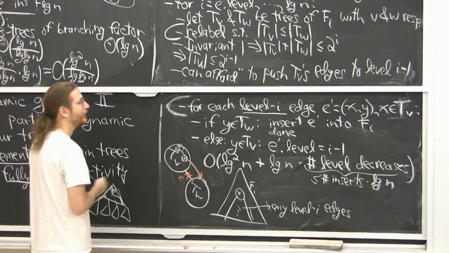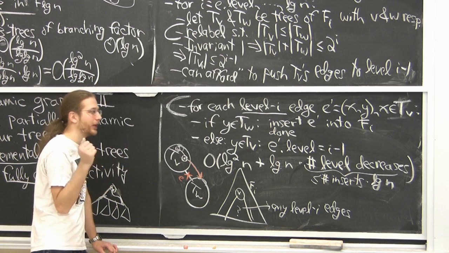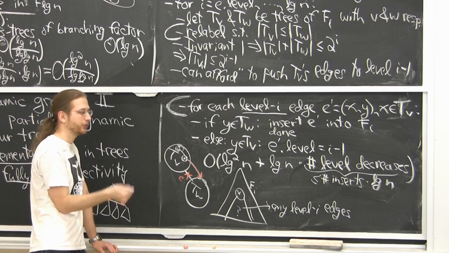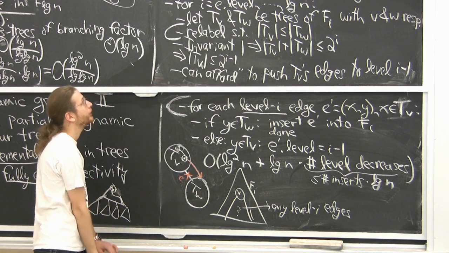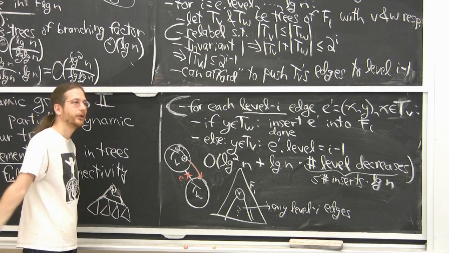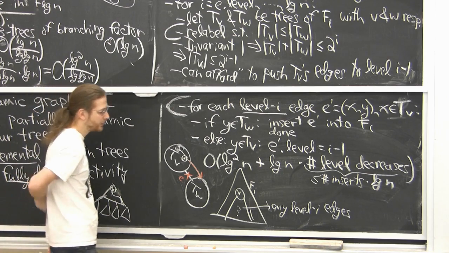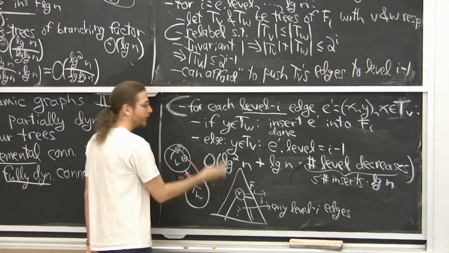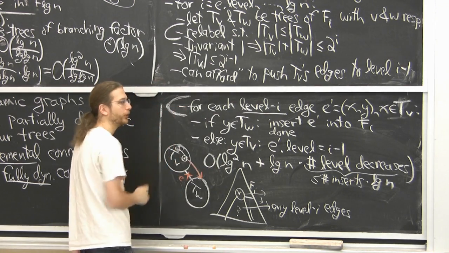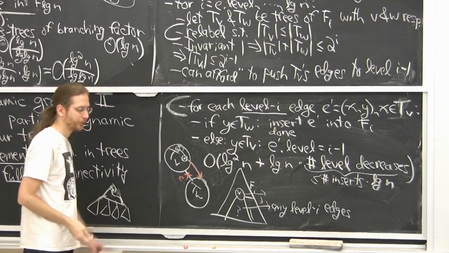I guess also the instance lists have to be stored separately for each level, so you can say, what are your outgoing level I edges from a vertex? This lets you find the vertex quickly, but then you have to find the edges quickly. So the instance lists are not just stored as one single linked list, it's one linked list per level. Okay, but that's easy to do. So then from this vertex, we can find all the outgoing level I edges, and we can do this for loop efficiently. And whenever it's slow, we get to charge.